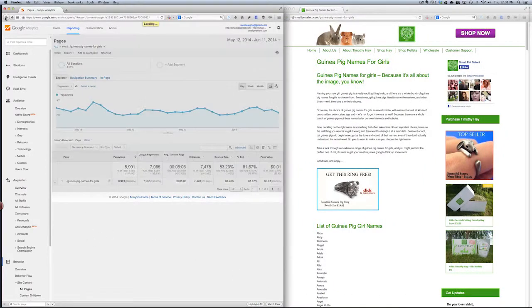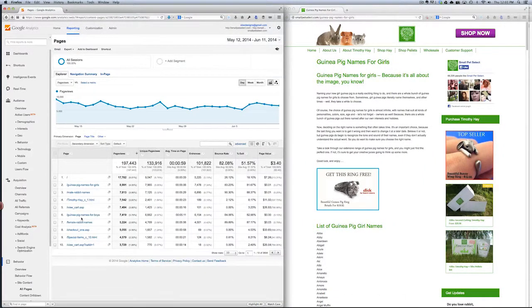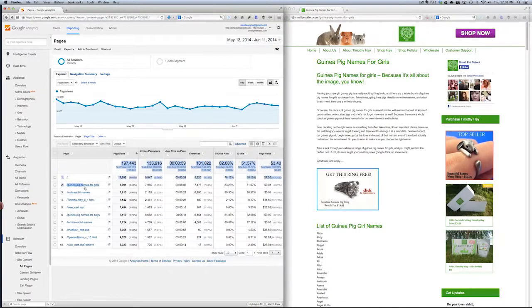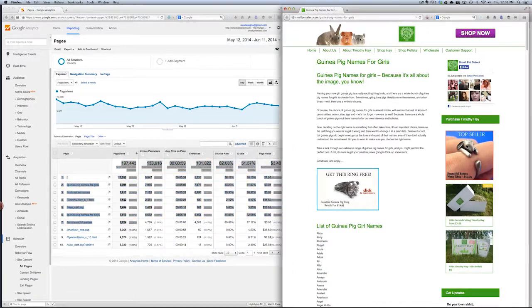You're also getting a ton of traffic to this page as well. So we're going to use the home page, guinea pig, male rabbit names, Timothy Hay, guinea pig names for boys, and female rabbits. So we're probably going to use these top 7 pages along with the cart to be our optimization points to start. When people arrive here for guinea pig names for girls,